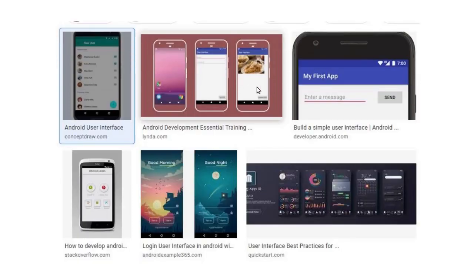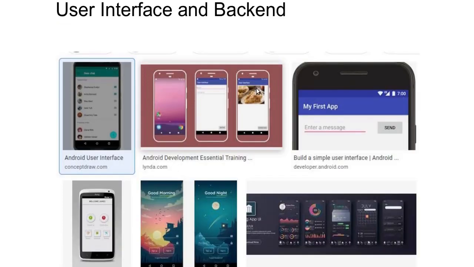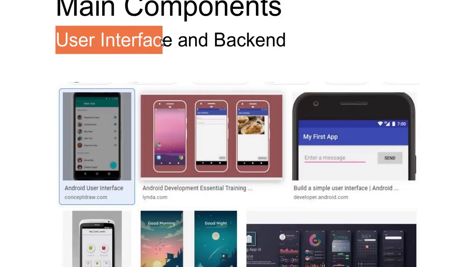has a different UI. Suppose you have an address book, so the address book has a different UI. And suppose you have an online ordering app like Swiggy or Zomato, or an e-commerce website like Paytm or Amazon, so they have different kinds of views. We call that view the user interface, where the user can interact with the application. So the first part is the user interface, and the second part is the backend.